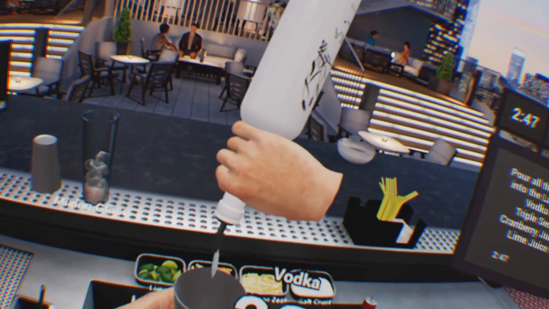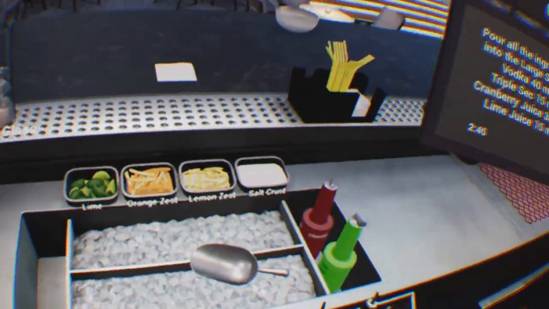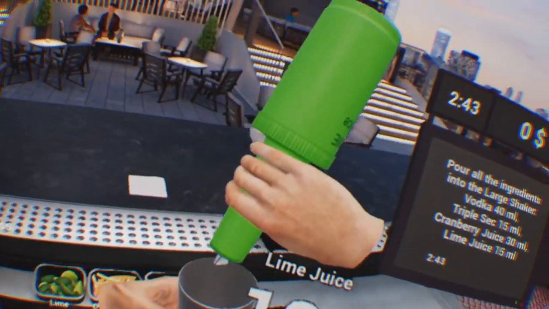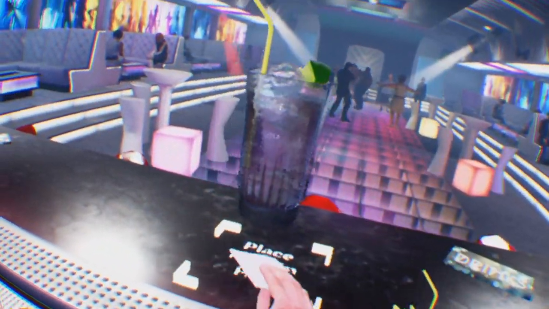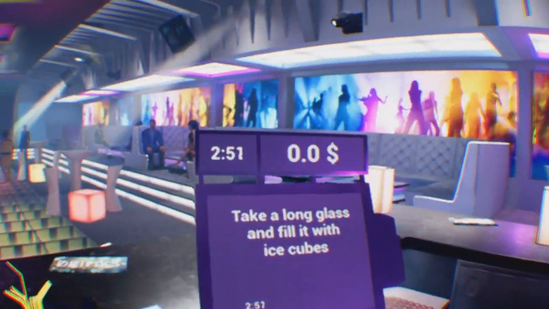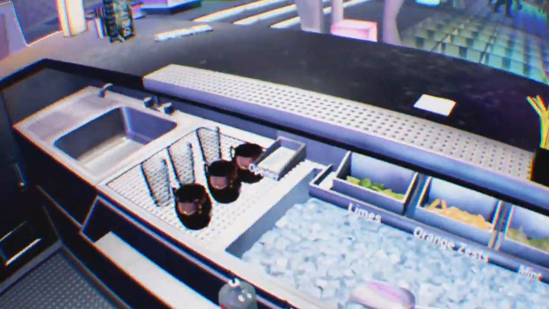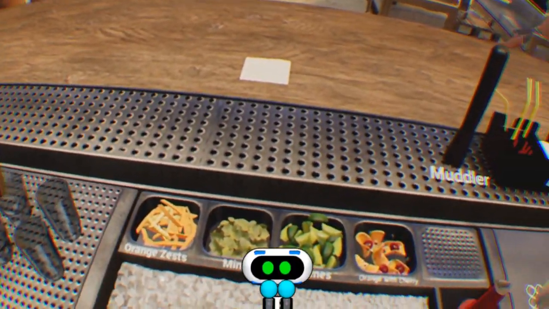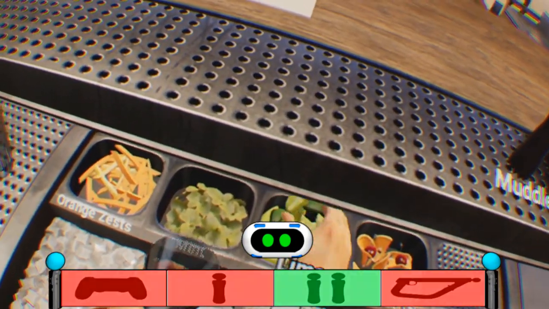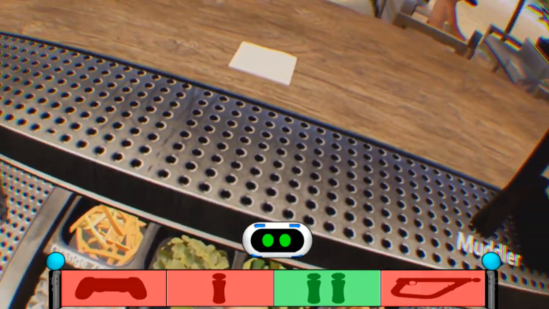Bartender VR Simulator is a game that requires very good memory skills, just like a real life bartender would need. The main aim is to work your way to the top of a bartender scene. The game includes 4 different bars, including a music club and a tropical beach, and each one has increasingly difficult drinks to make. The game requires 2 move controllers to play, as you will be using 2 hands to pick